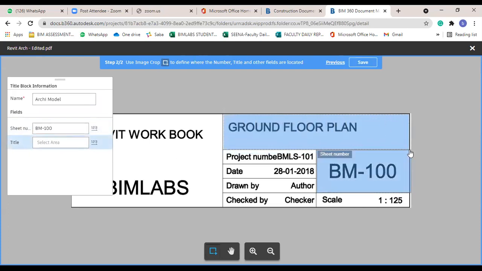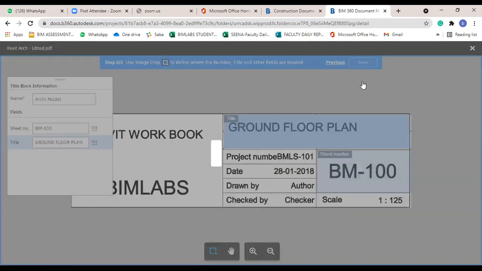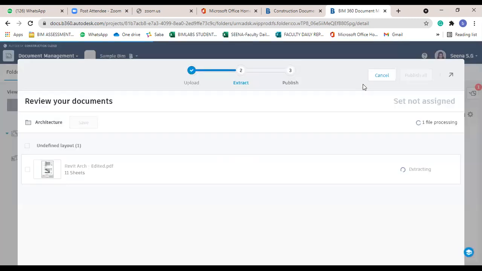Just select that area. Then after selecting that area, just click onto the save button. The next step, extraction, is processing.